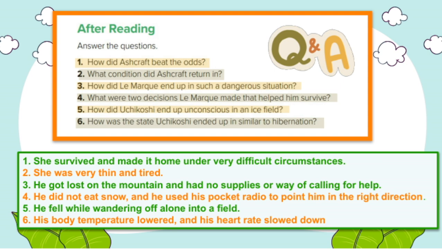His body temperature started to drop, and his heart rate slowed down, signs that his body was shutting down due to the cold and lack of proper care. All these points tie back to our overall theme. Survival depends on a combination of mental resilience, resourcefulness, and understanding how to respond to emergencies. It's about making smart decisions and staying calm under pressure.